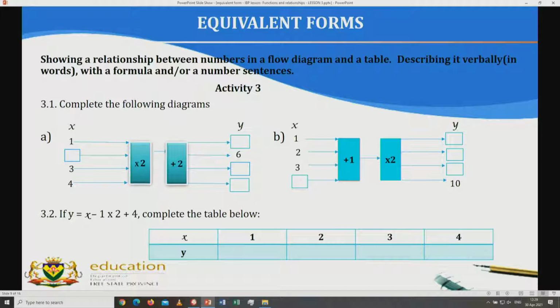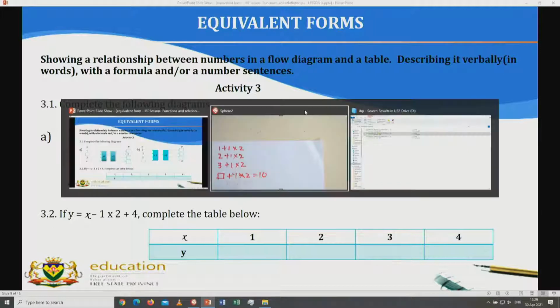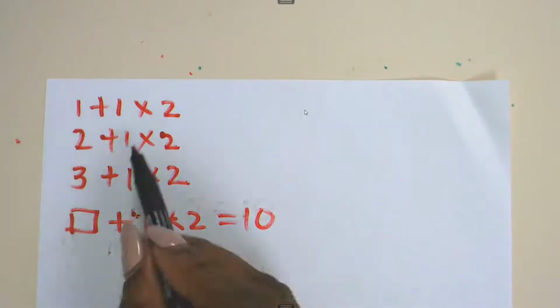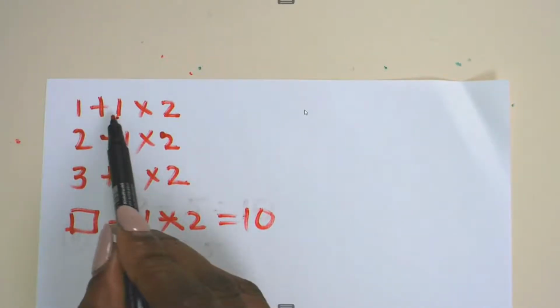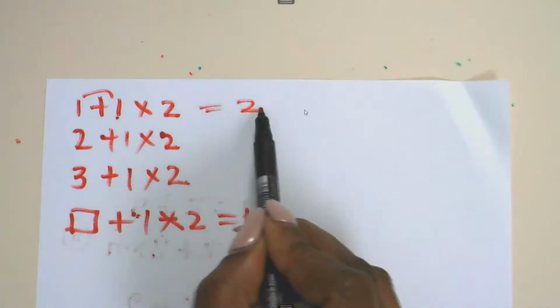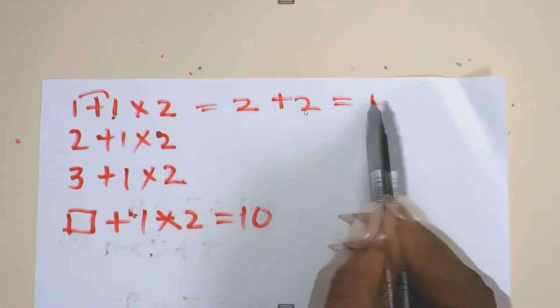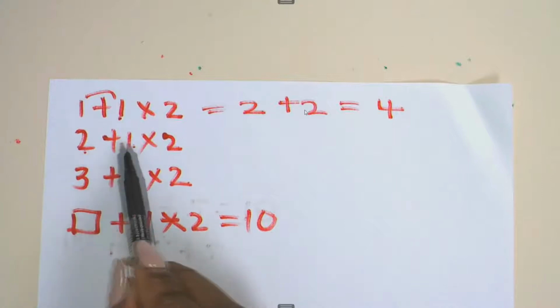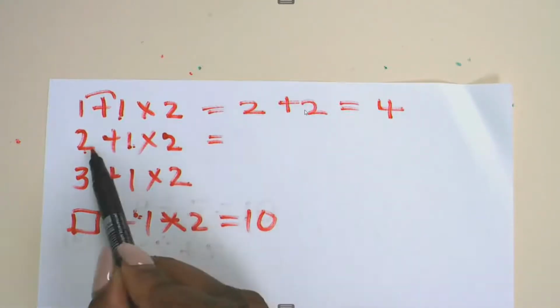We have 3 plus 1 multiplied by 2. Then let's work them out and see. The last one has an unknown input value, plus 1 multiplied by 2 equals 10. Now let's check. The first one is 1 plus 1 equals 2, multiplied by 2, then equals 4. The second one is 2 plus 1, which equals